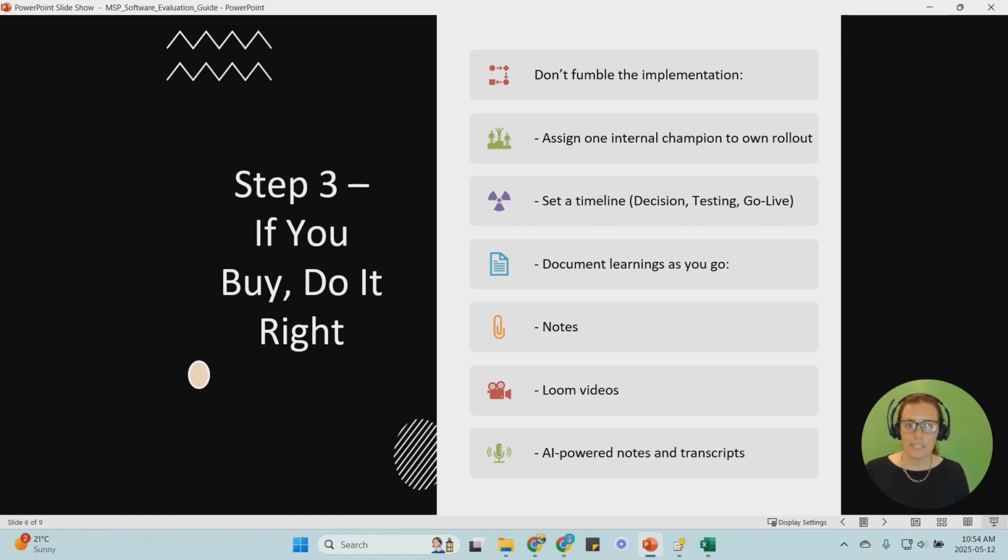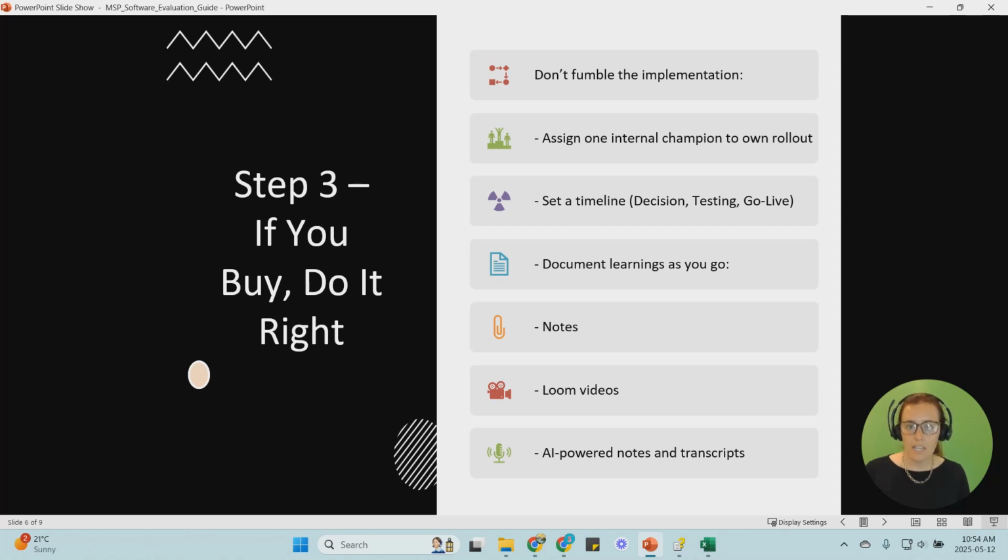If you do decide to move forward with a tool, be a good customer. Have one internal champion within your organization who's going to own and be responsible for this software. I don't mean that that person needs to know everything about it, but they should be a point person for the external consultants or the external implementation team and your internal team. Having one point of contact who's documenting everything, who's putting everything in one place is extremely helpful.